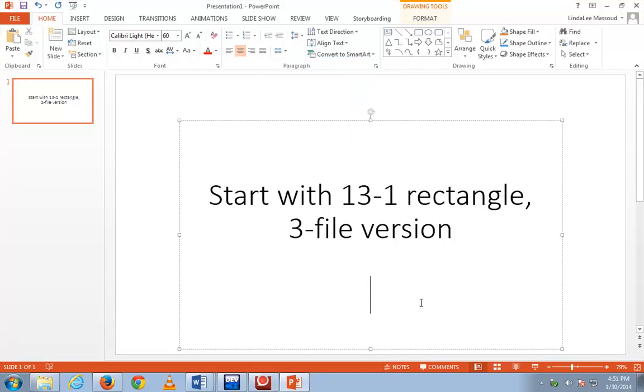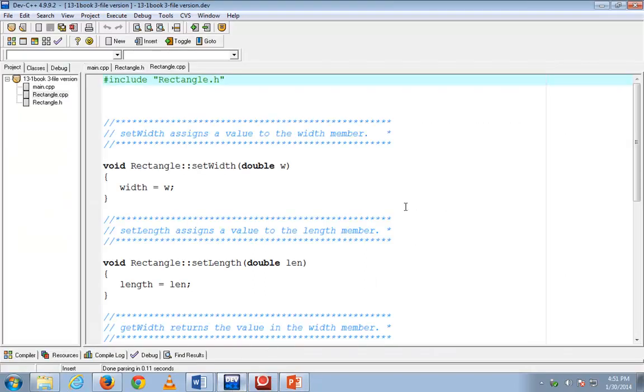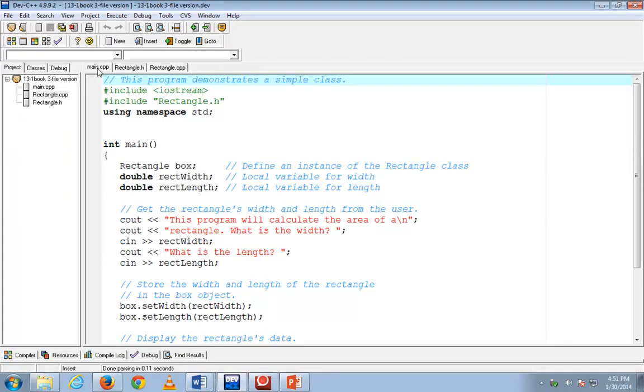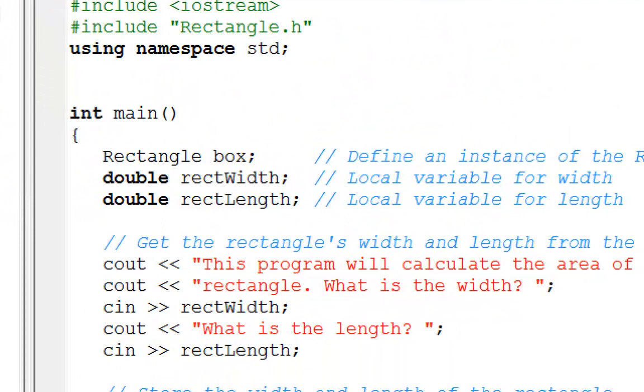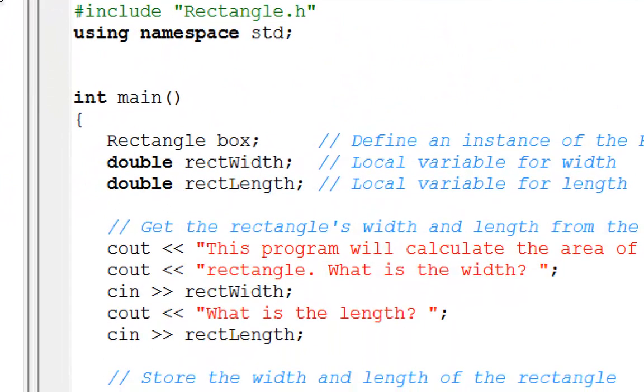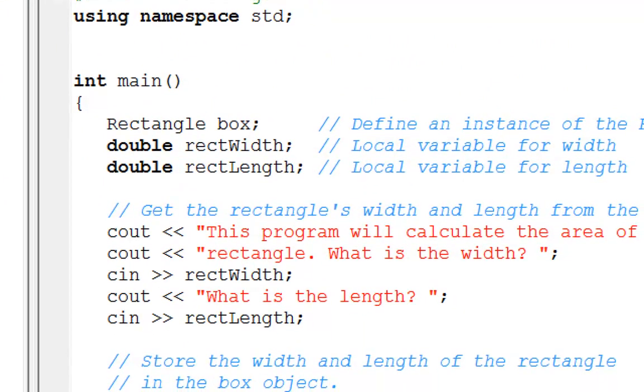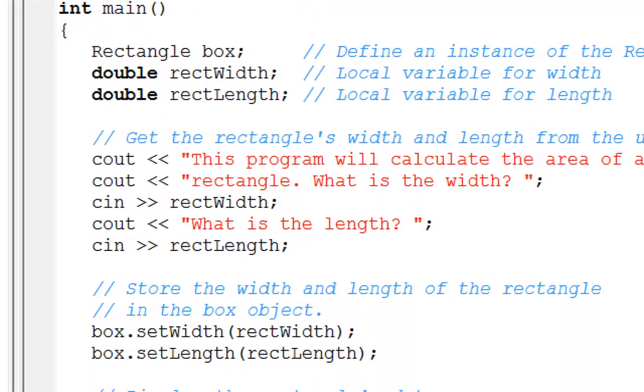We're starting with the 13-1 textbook rectangle class that we did last week in class. We're using the 3-file version, which is now in public in class shares, if you would like to use it. We started off with the main program. We had created a rectangle type object called box, and then we got the width and the